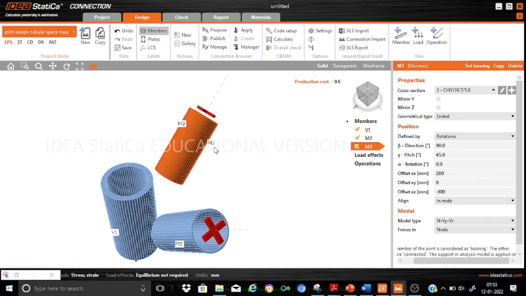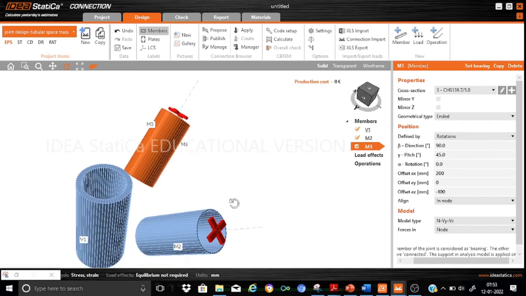So look here. Just a minute. Look here, we have got one vertical and two diagonal members. Now it is important that we arrange or perform the proper manufacturing operations to achieve the required connection. So first we'll add what we call a stiffening member. So let us just perform the manufacturing operation.